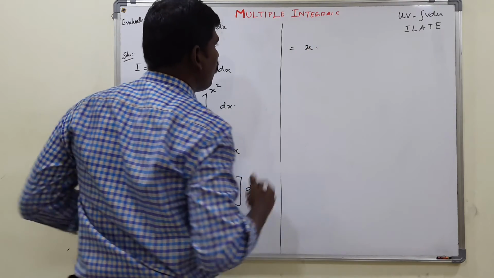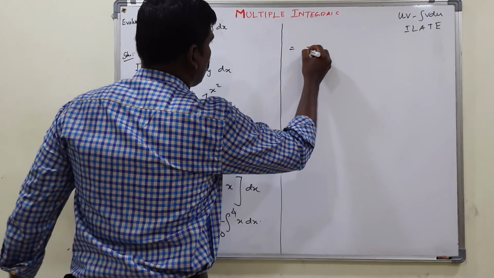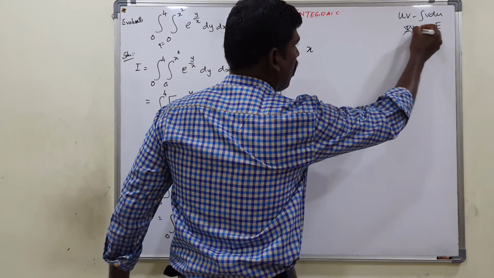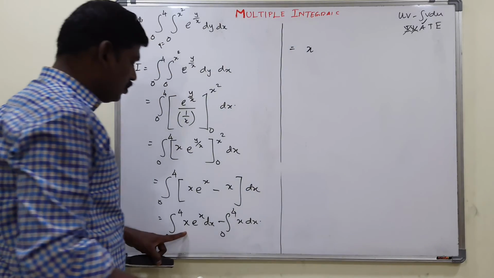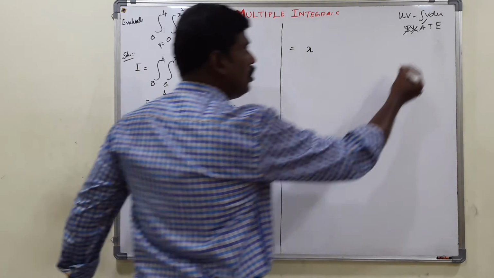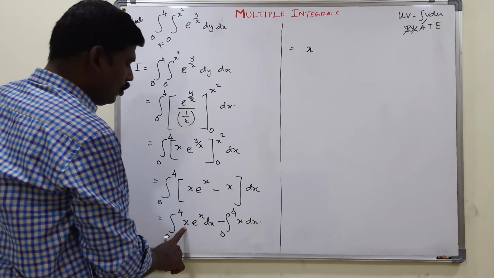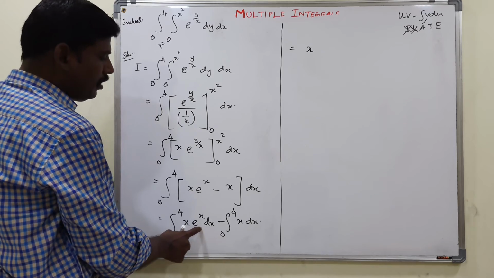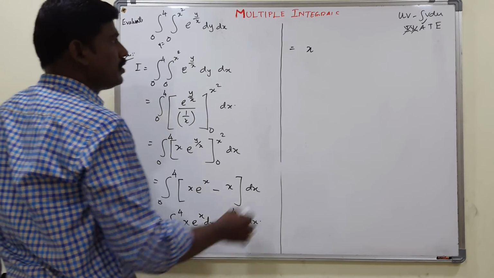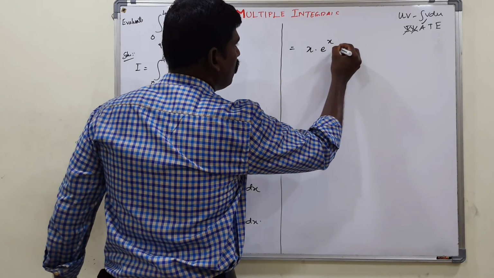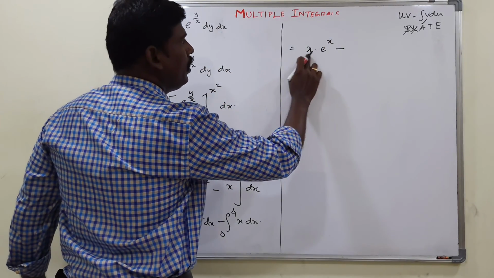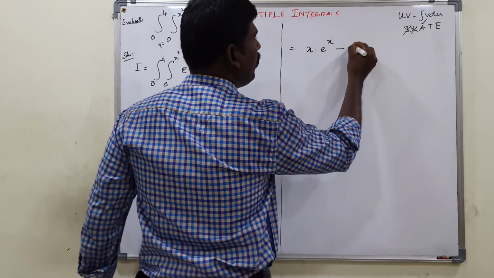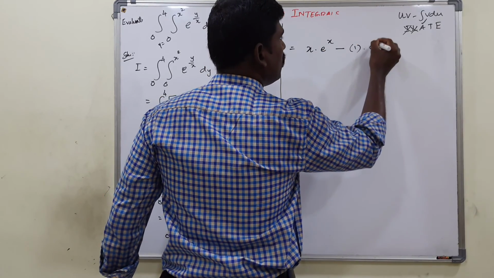The integral value of e power x is e power x. First I am taking u as x by the ILATE formula. Inverse functions are not present here, logarithmic function is not present, algebraic function x is here, exponential function is here. So algebraic comes first, so taking u as x. The entire remaining portion is dv, and after integrating it becomes v. So what is the integral of e power x dx? E power x. What is Bernoulli's theorem? After finding uv, differentiate the first one and integrate the second one. What is the derivative of the first one? 1. What is the integral value of e power x? The same, e power x.